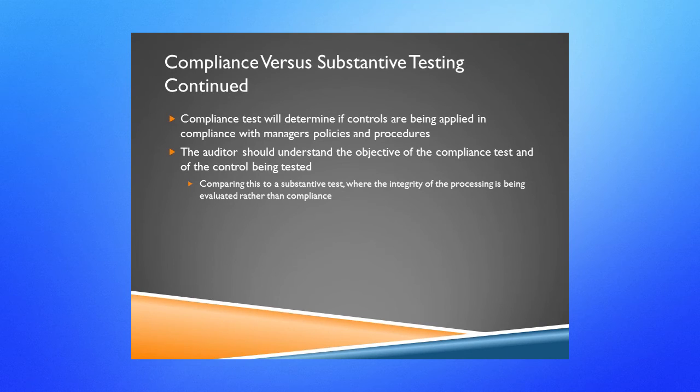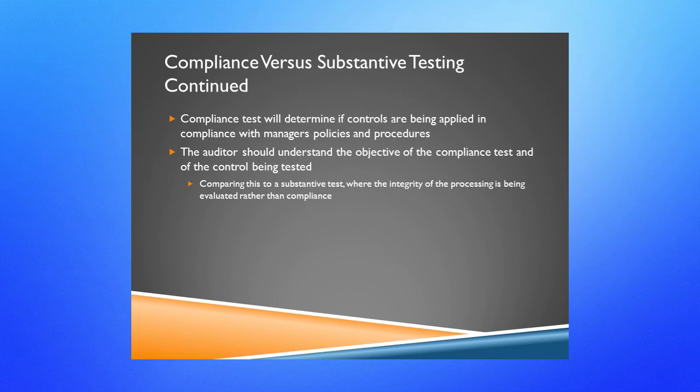That's where the substantive testing can come in, to look at and evaluate the integrity of the transactions, data, and other information to see if they've been negatively influenced by the weaknesses found in some other control. So as I said, the compliance test is to determine if controls are being applied in compliance with the manager's policies and procedures. Remember, the goal for us is to understand the objective of the compliance test and of the control being tested. And if I compare that to substantive tests, where all we're looking at is the integrity